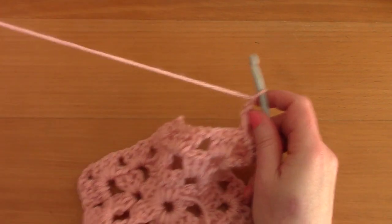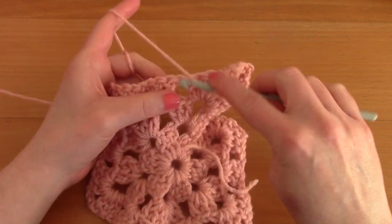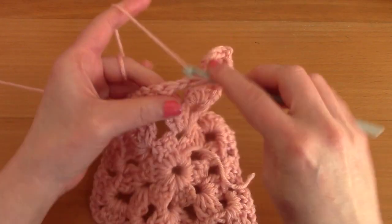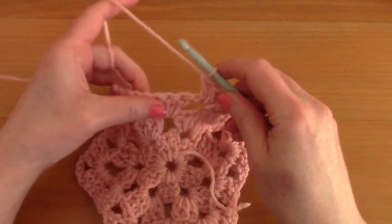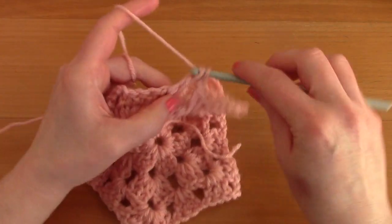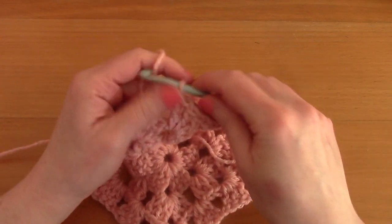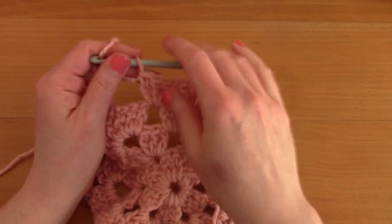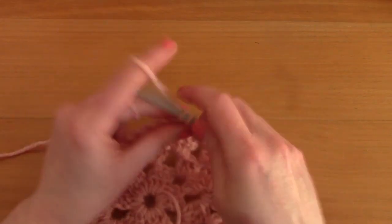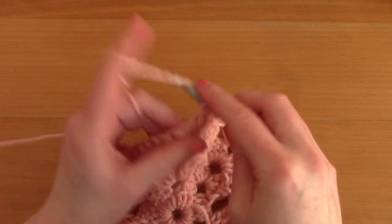chain 1, and now we are going to be working in this stitch where we will be placing just one cluster of 3 double crochets into that, chain 1, and place another cluster of 3 double crochets, 2 and 3. So these are again our center spaces, as I call them, chain 1, and now we've reached a corner. So again, we're just going to be placing 3 double crochets into that, 2 and 3,